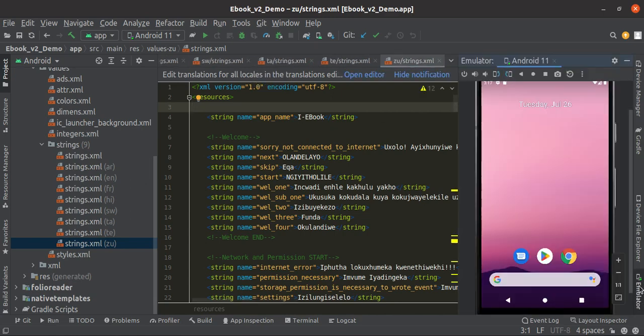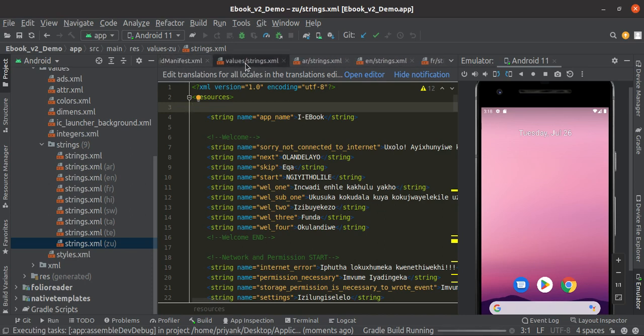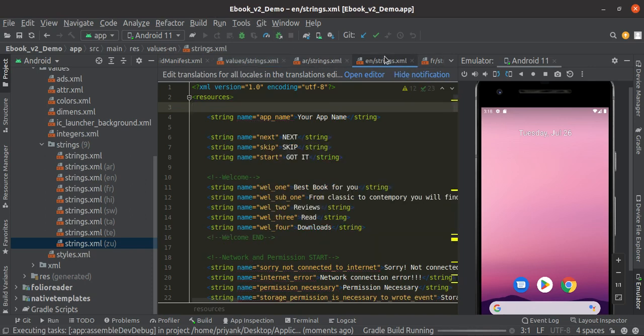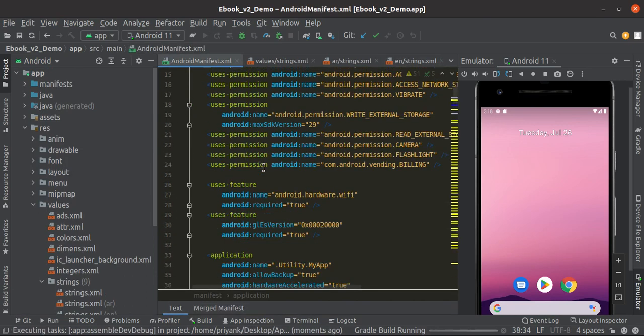Let's see how it looks. Just run it. This is our default string file. These are the simple steps you have to follow to change the app name.